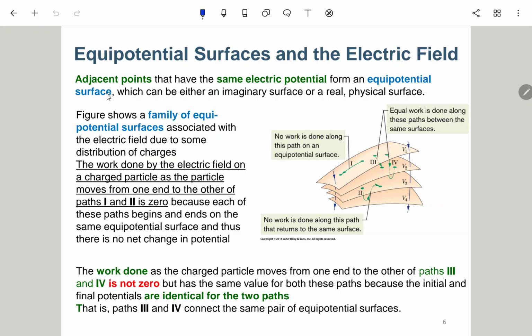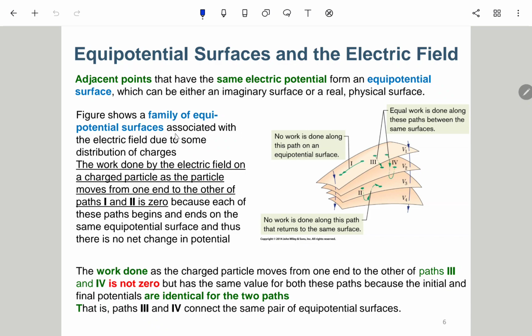Okay, so here it says the adjacent points that have the same electric potential form an equipotential surface, which can be either an imaginary or a real physical surface. 就是可以只是一个想象中的一个面，也可以是实际的一个实体，就是实体的一个面啊，就是可以是空间里面的。